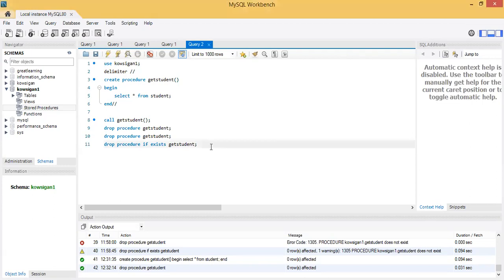So again, I'm going to use the delimiter double slash, then create procedure. I am mentioning the name of the procedure as employee info, then begin, then